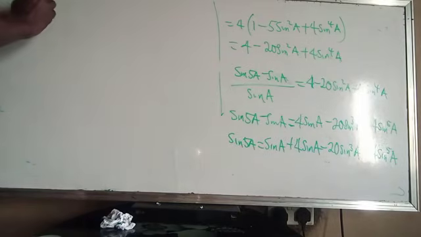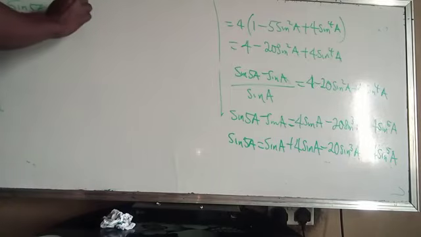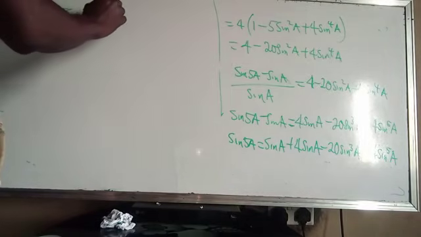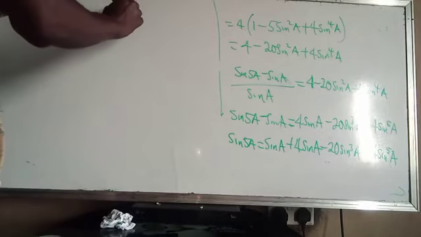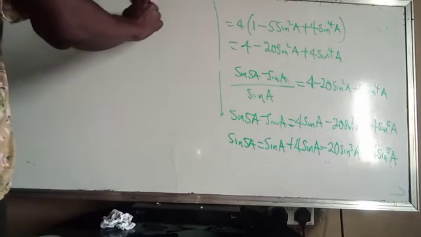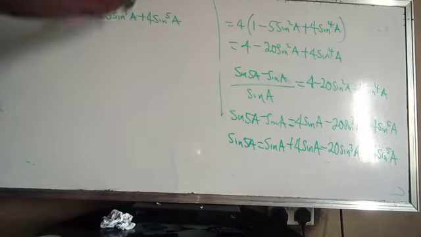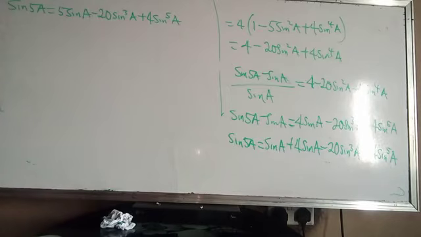That will give us 5 sine A, then minus 20 sine cube A plus 4 sine raised to power 5A. I think that is what we are asked to find. Let's check. The answer should be sine 5A is equal to 5 sine A minus 20 sine cube A plus